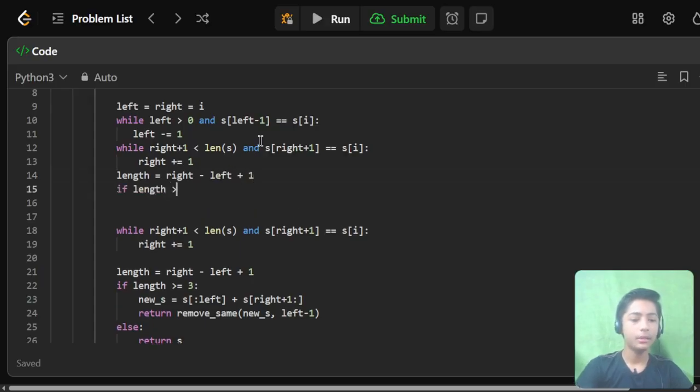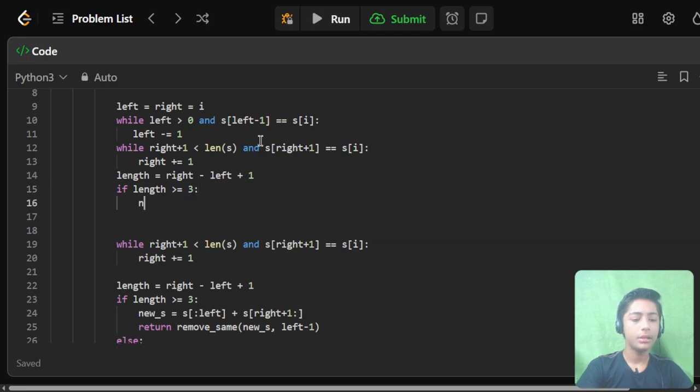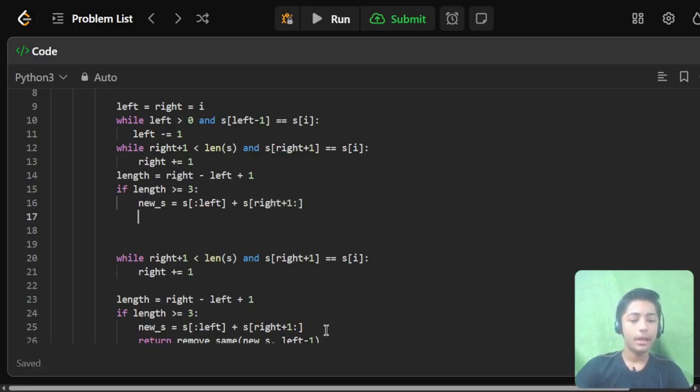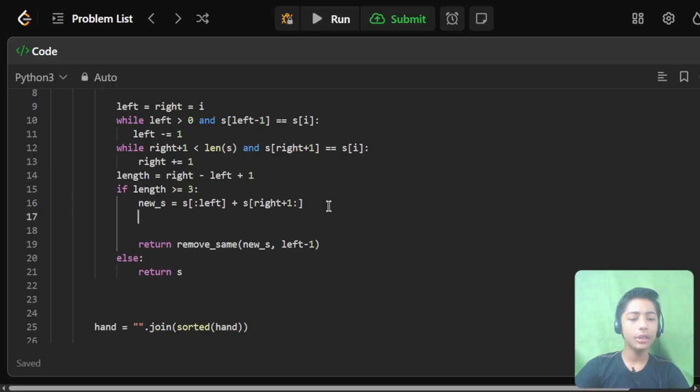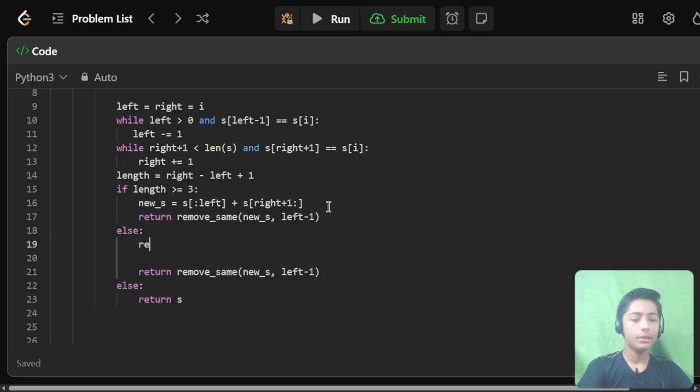If length >= 3, new s = s[:left] + s[right + 1:]. Now return removeSame(new s, left - 1), else return s.